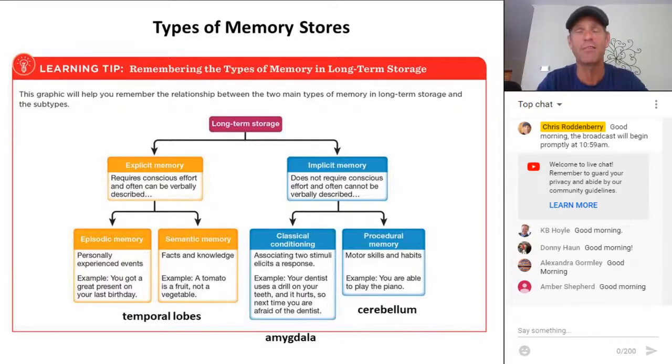And so let's talk about the different kinds of long-term memories. The first designation I want you to know is the difference between what we would call an explicit or a conscious memory and an implicit memory, a behavioral memory. The difference is an explicit memory is a memory that you have to bring up into your conscious awareness. Who was the first president of the United States? Where were you last night at 9 p.m.? These are all explicit memories because in order to use them, you have to bring them into your conscious awareness. You have to recall them into your short-term memory.